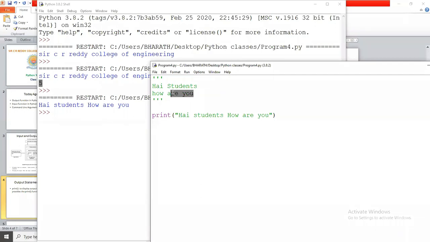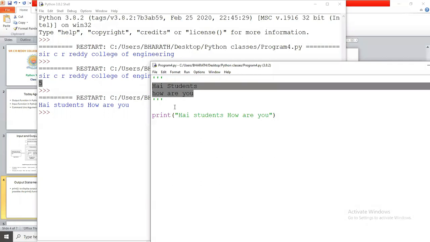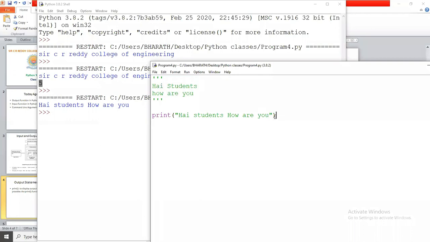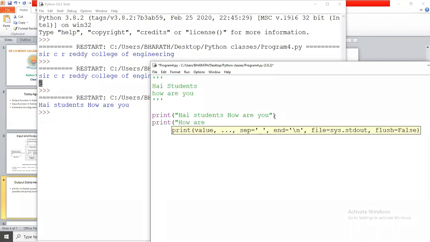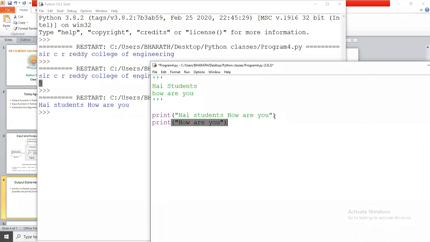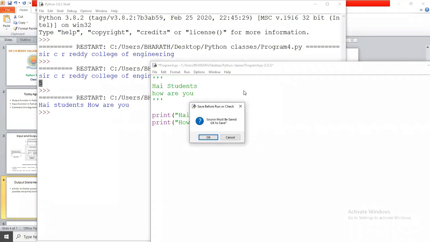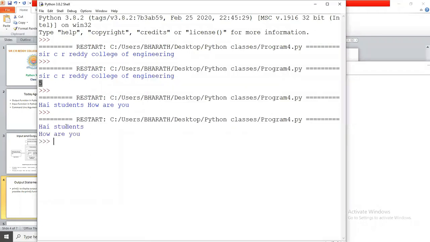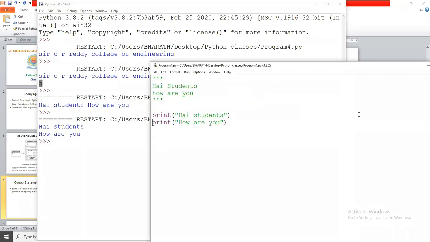But what if we want the expected output as hi students, and then how are you in the next line? Then we write the instruction like this: print hi students, print how are you. If I execute this program, it displays hi students, how are you on separate lines.